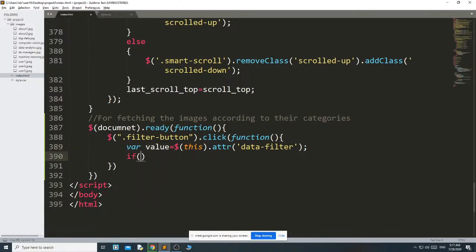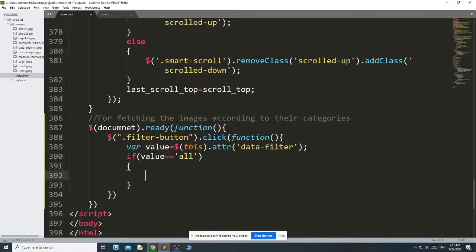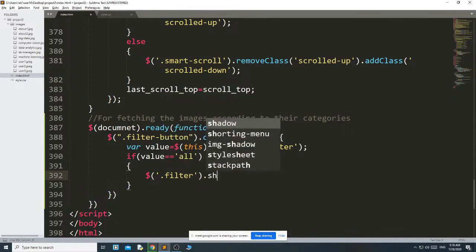If this value equals all, then dollar dot filter dot show.